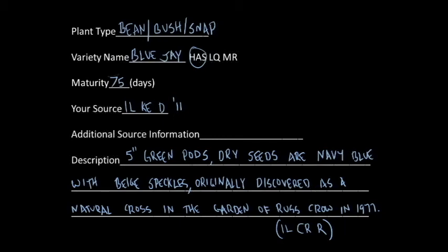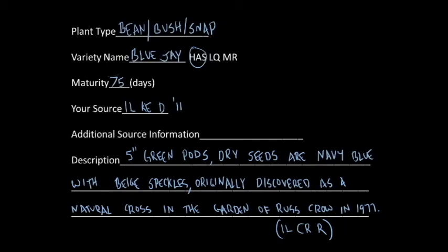So I just said 5-inch green pods, dry seeds are navy blue with beige speckles, and because I had the chance to meet this guy, I said that it was originally discovered as a natural cross in the garden of Russ Crowe in 1977, so I know a little bit of the seed's provenance, and I can talk a little bit about its history, which is useful and which is really interesting to lots of the folks that are requesting